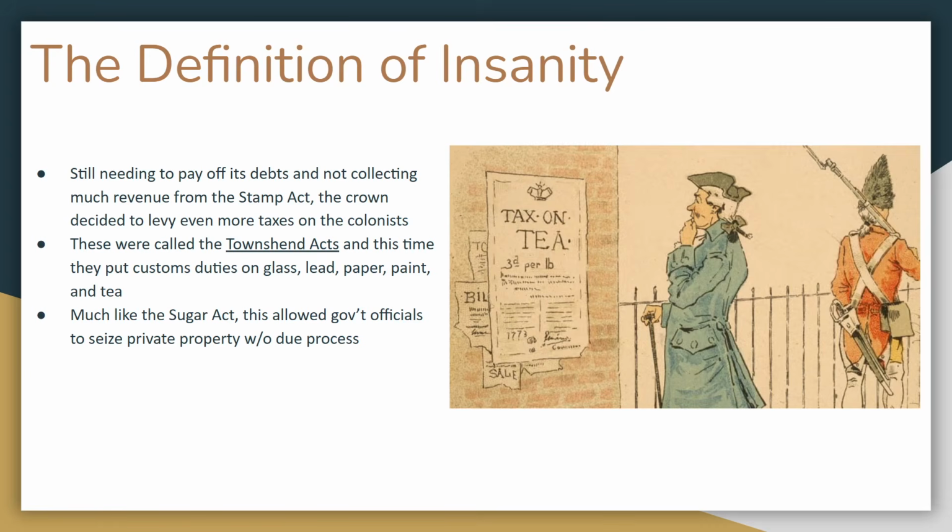Now, the first one is huge. Glass is huge. There are no plastic bottles yet. How are we shipping all of this rum everywhere? It's glass. So your alcohol may not be taxed, but the glass that it's in is. Lead is huge. That's what they're making bullets out of at this time. Paper, huge. That's what all of our stuff is printed on. That's why the Stamp Act was so annoying.